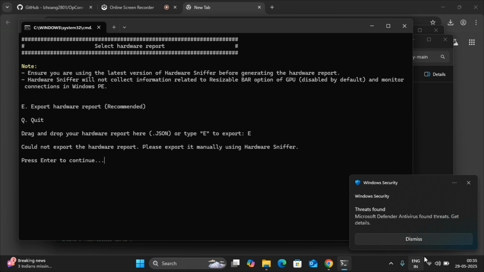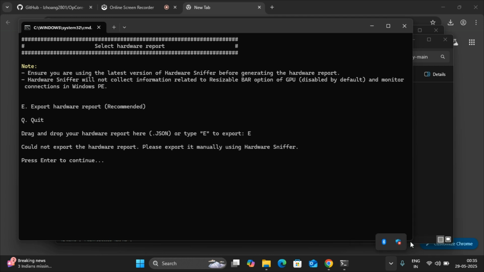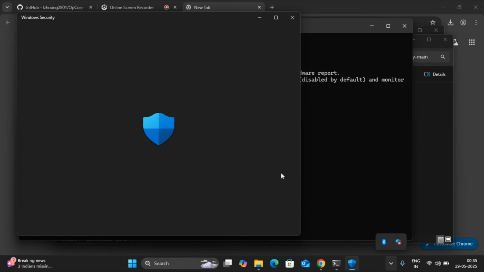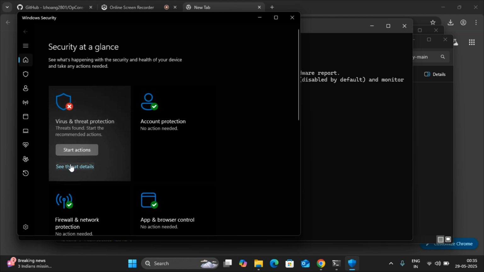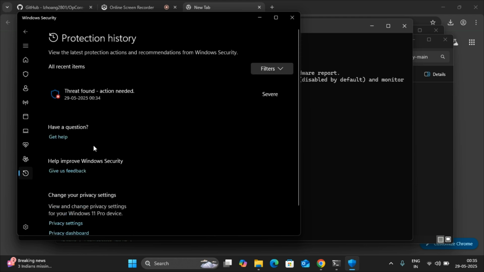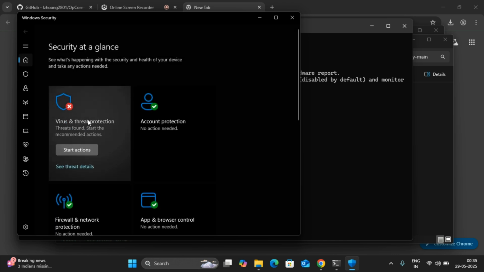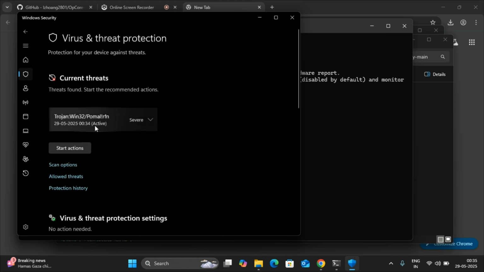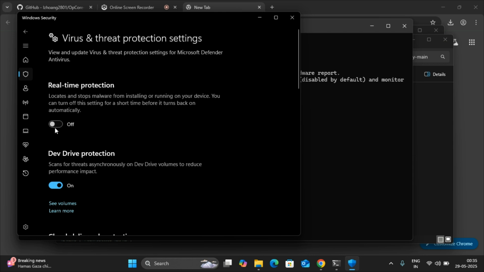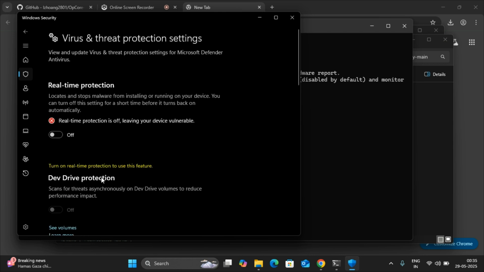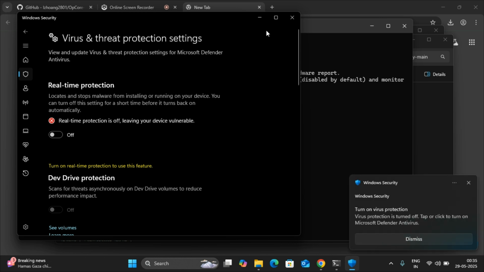Basically, you have to turn off your antivirus. You have to turn the setting off, real-time protection off, and drive protection also to be turned off.